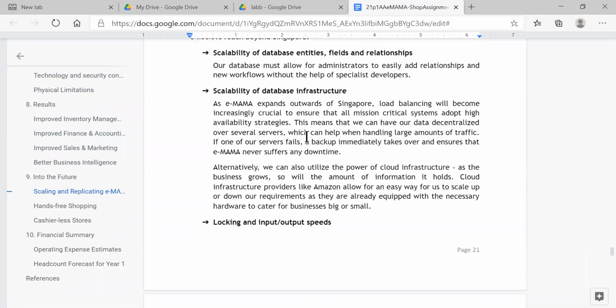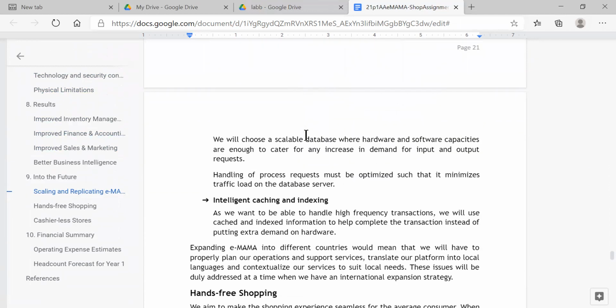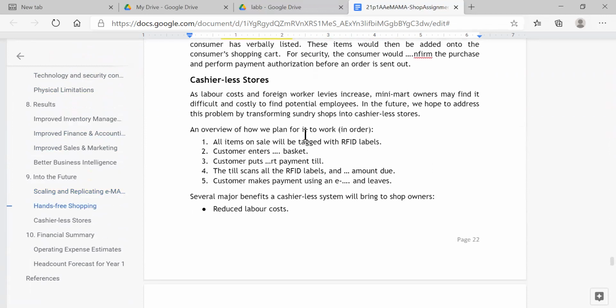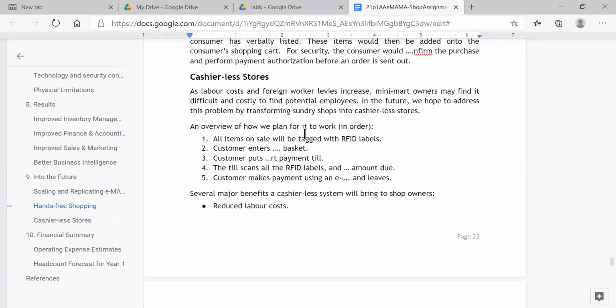Sometimes the mama could be selling something like those kacang putih or whatever, right? So some of this really is interesting. So there's so many other things to talk about, right? So you see here cashless or